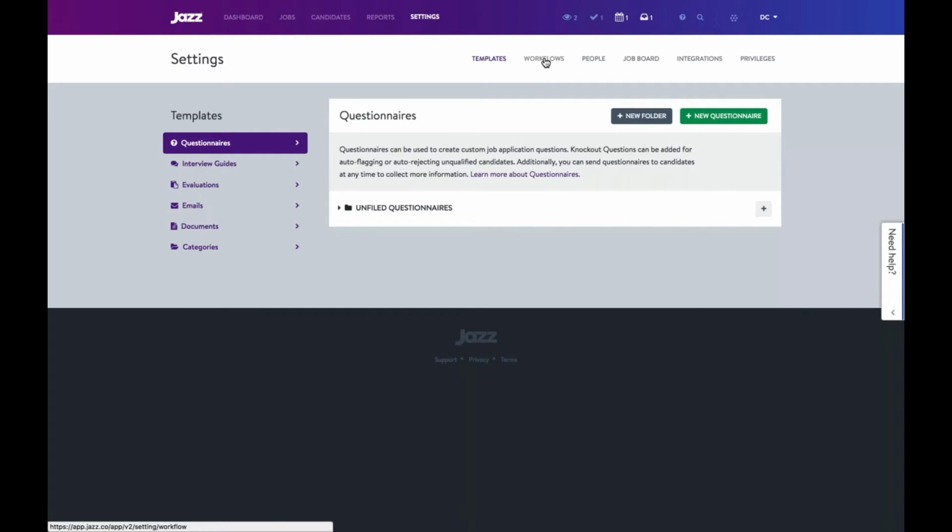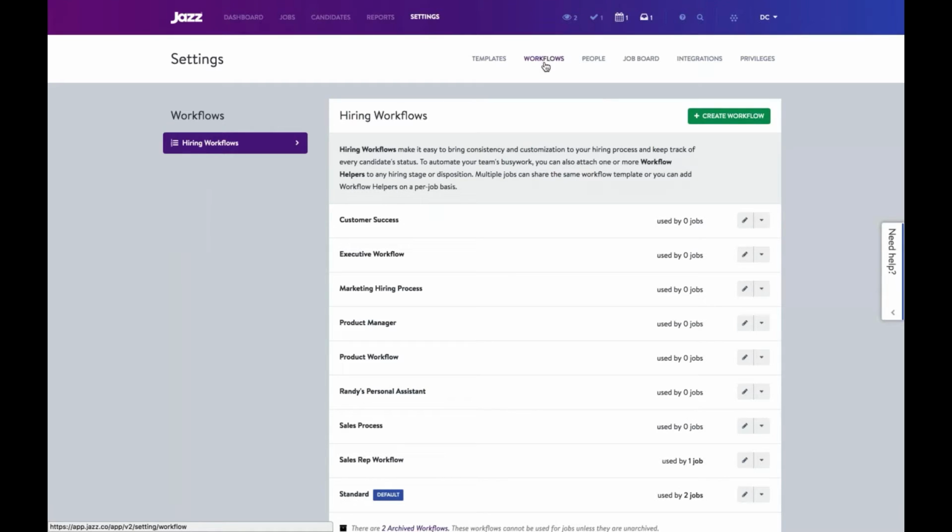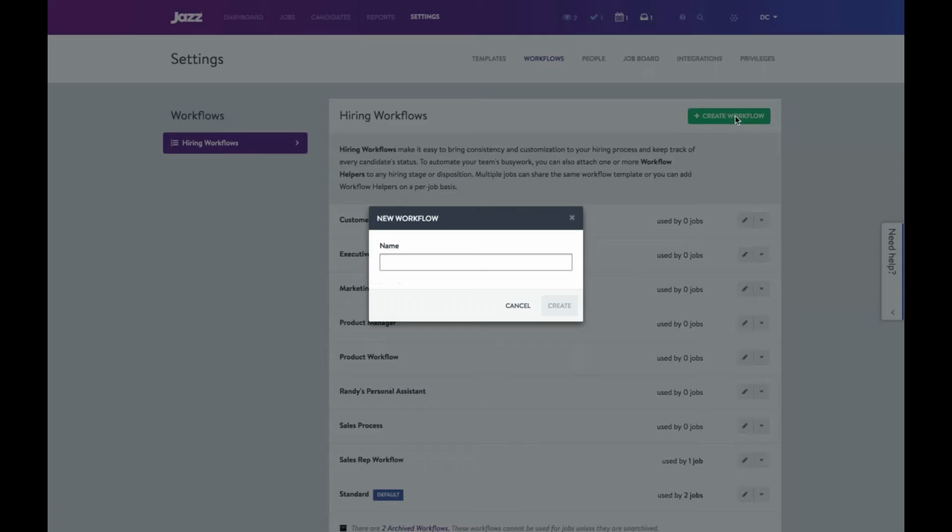So I'm going to go into the workflows here. This is where you're creating the various workflows within your JazzHR account. Now, some customers will create workflows based on one standard workflow across all jobs within their company, or maybe they have them tailored to specific departments or job-specific workflows. So to create a workflow, I just click this green button here, give this workflow a name,